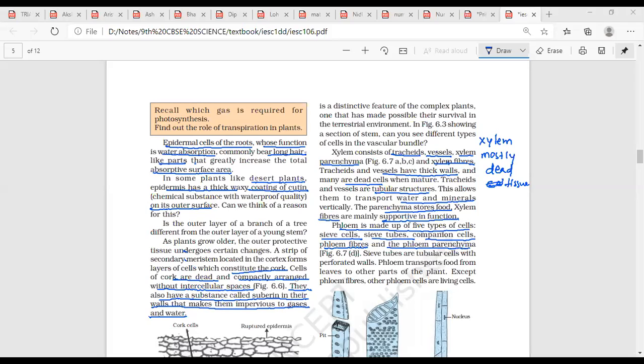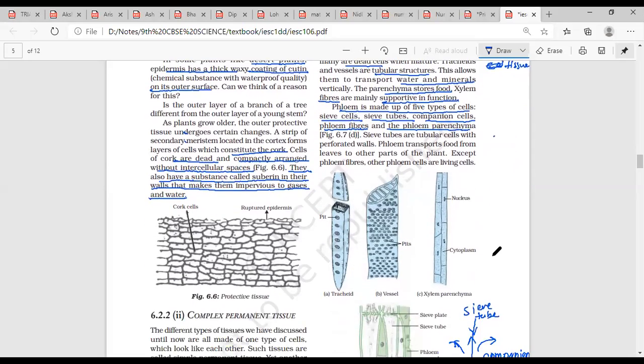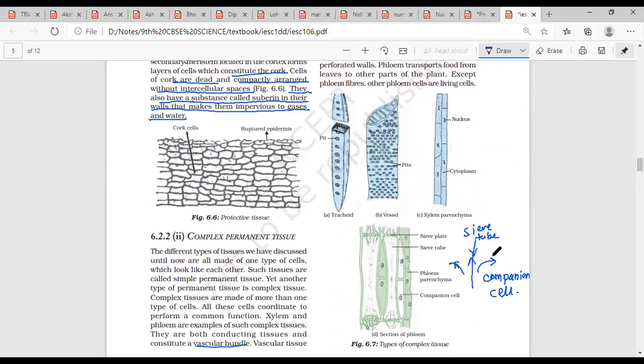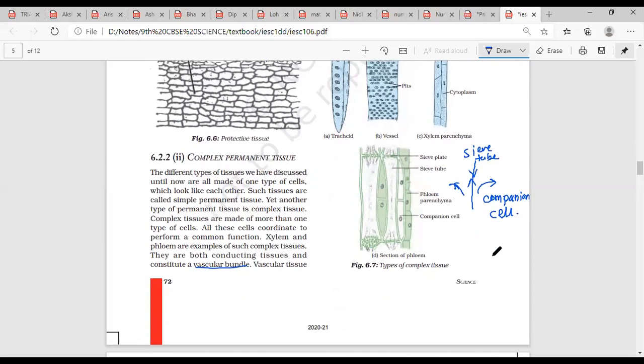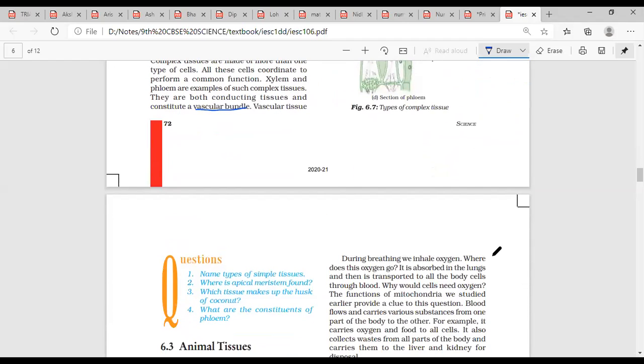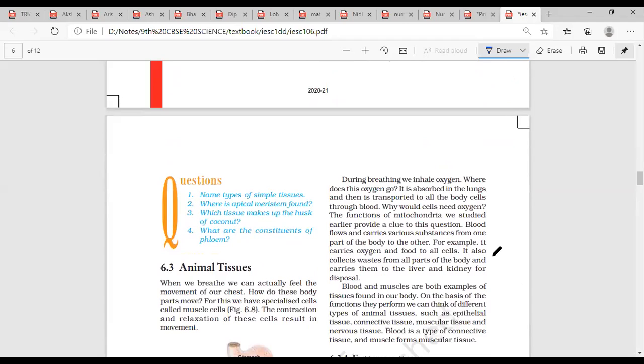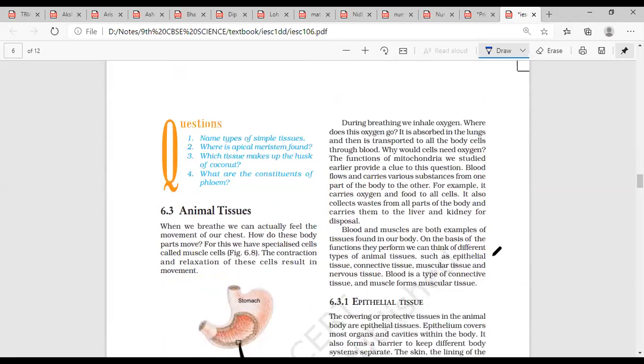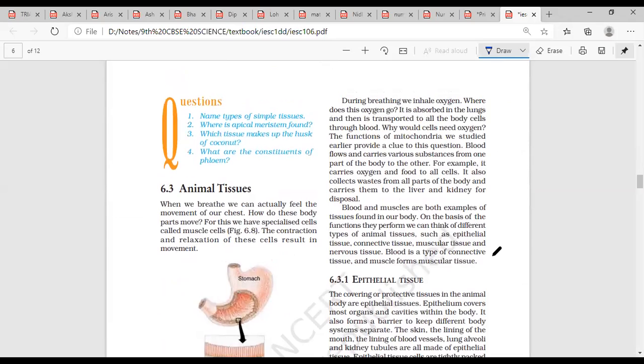Okay. These are all about the plant's tissues. The diagram of phloem is asked every year, so you have to practice the phloem diagram. Is it clear? Phloem diagram, right? Yes, always asked. Ma'am, should we draw it now in the notebook? No, don't waste time. Ma'am, so plant tissues only this much? Yeah, plant tissues is this much.